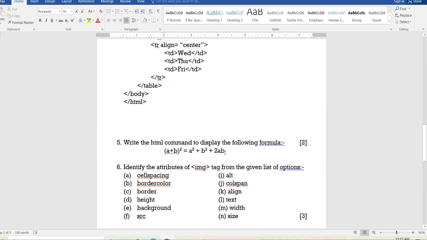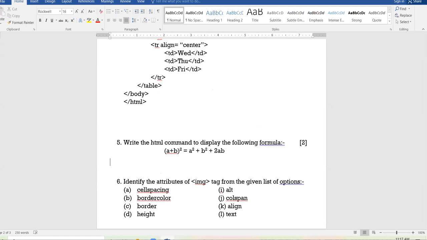Now, coming to the fifth question, where I have asked you about the HTML command with respect to superscript and subscript. Here you just have to write the command. You don't have to make the entire web page. (A plus B) whole squared: the 2 is raised to power above the normal line.